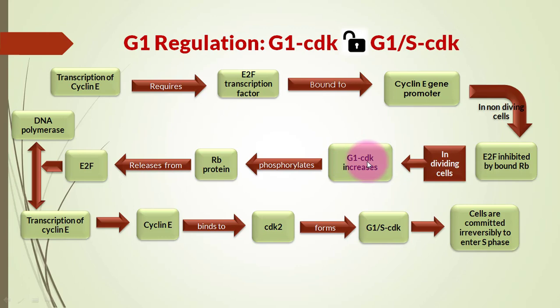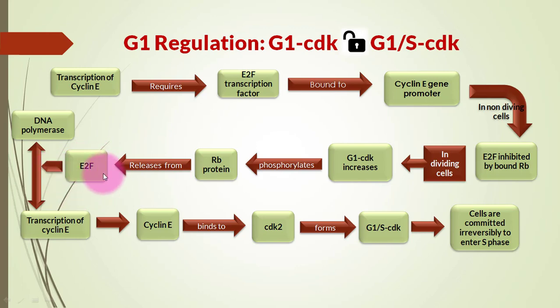This is due to the production of cyclin D and the binding of cyclin D with cyclin dependent kinase 2, making a G1 CDK. When the amount of this complex increases, its activity will increase. Then it will phosphorylate the RP protein, and we said that RP protein, when it gets phosphorylated, will become inactive. When it becomes inactive, it will release from the transcription factor, leaving the transcription factor free to carry its